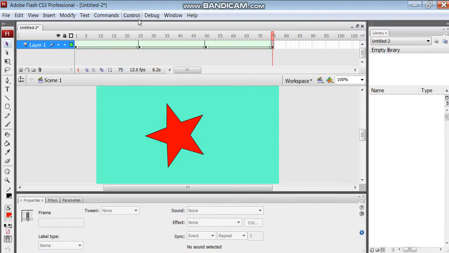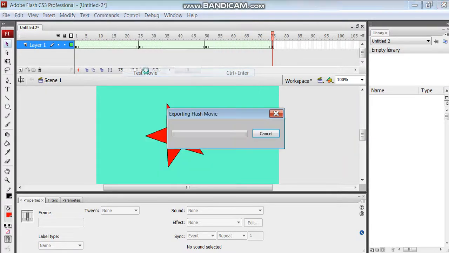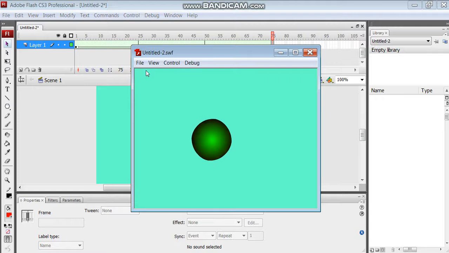This is your seamless transition. I'm going to test this movie. See, the shape is changing from one into another with a seamless transition, and this seamless transition is known as the morphing effect, and this can be done using shape tween. So very easy. Try to do this animation, try to change the shapes, try to make your own animations. You are more creative than me, so try this at your home.